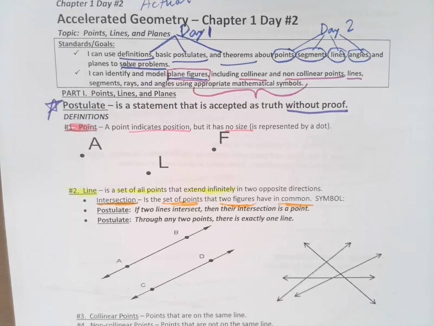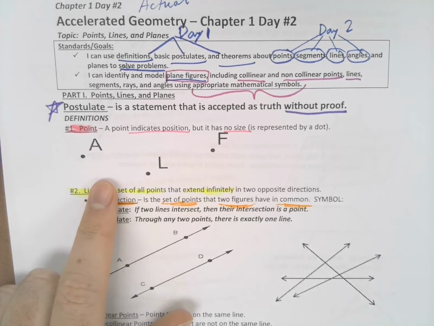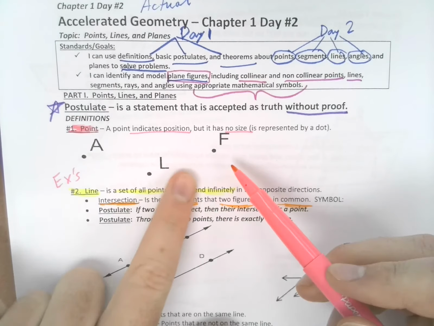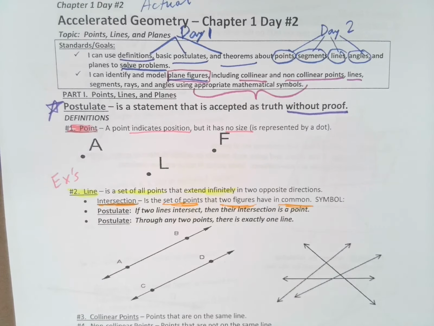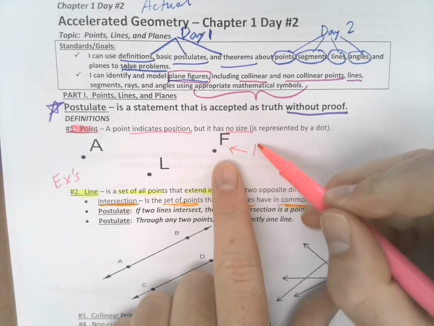So you're going to see I've got some things underlined here. And I think we all know what a point is, but let's talk a little bit about what exactly it represents in geometry. So it doesn't represent the size of something, instead it represents position. So you can see we've got 3 examples of points right here. Point A, point L, and point F. And so we can say that, point F is the highest